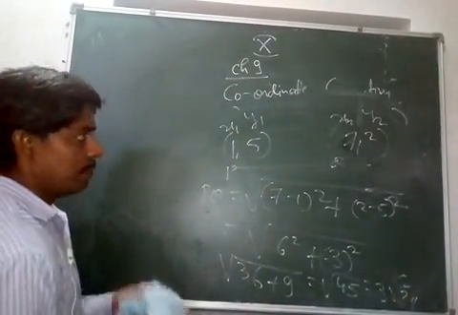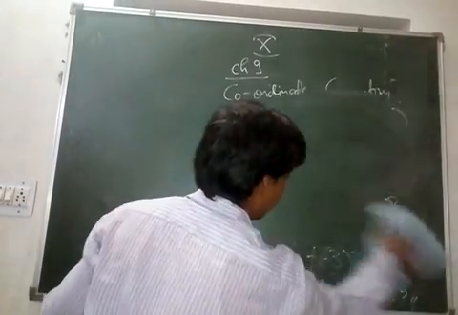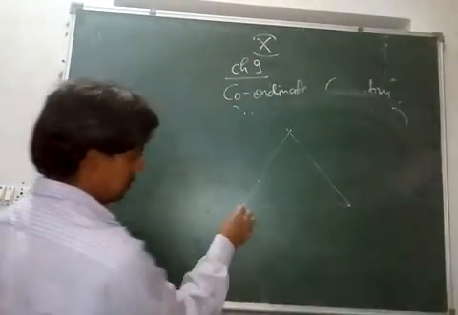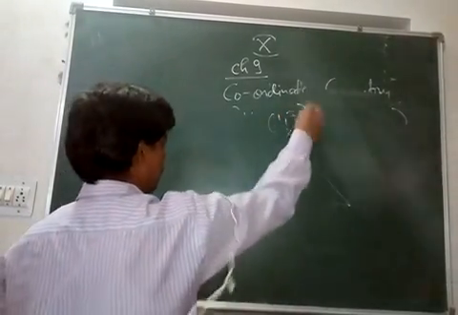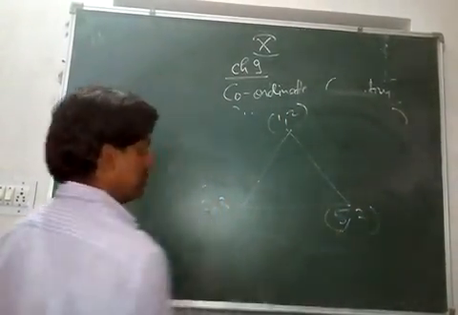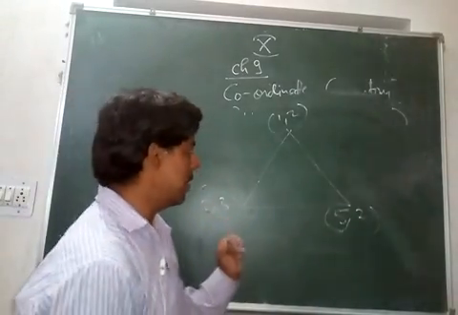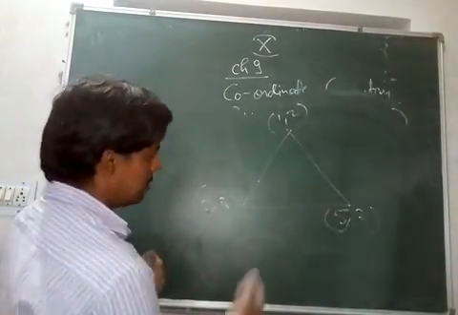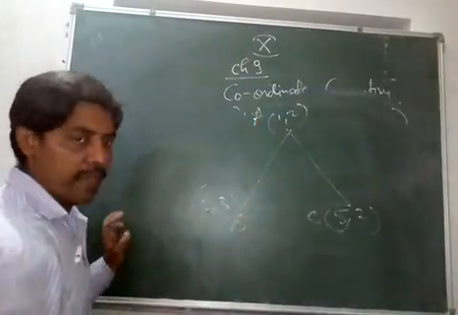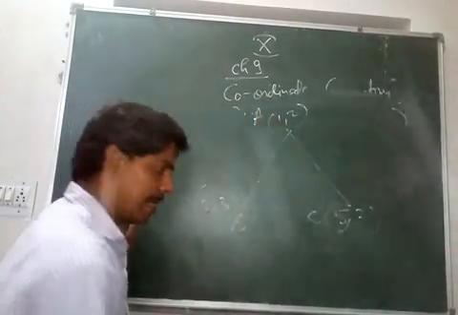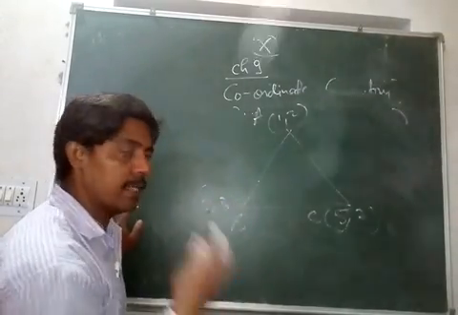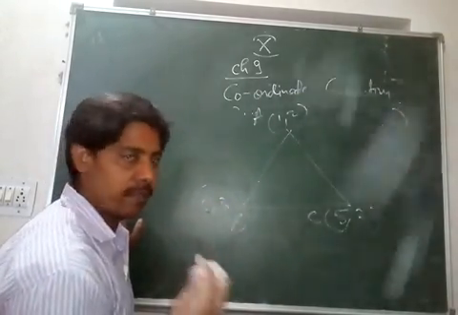And then you know that 3 points make a triangle, so depending on the distance formula they can also make an isosceles triangle. So suppose this is 1, 2, this is 2, 3, and this is 5, 2. Let's see what kind of triangle they are making. This is A, this is B, and this is C. You will find whether they are making a triangle or not, because in a triangle, the sum of two sides should be greater than the third side. If two sides are equal, then it is an isosceles triangle. If three sides are equal, it is an equilateral triangle.